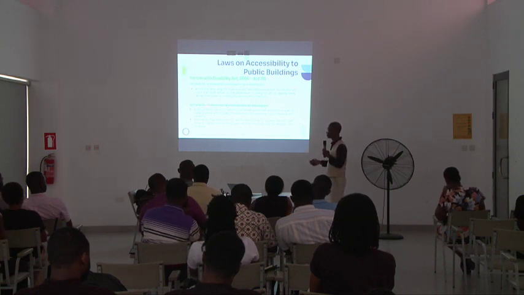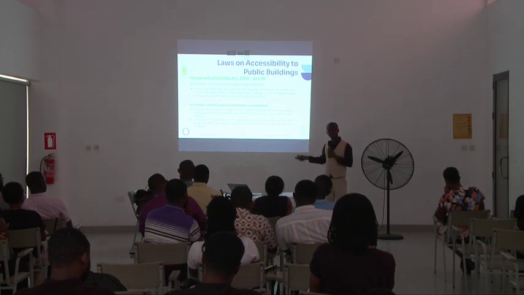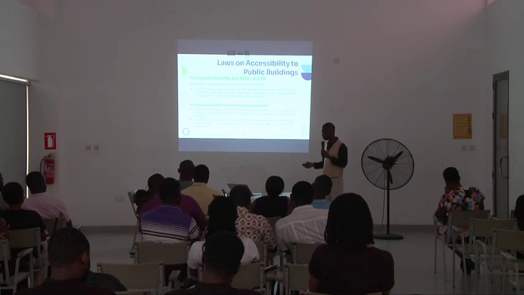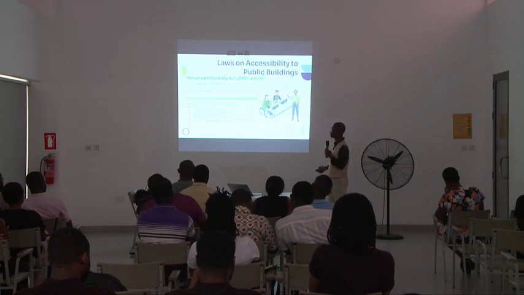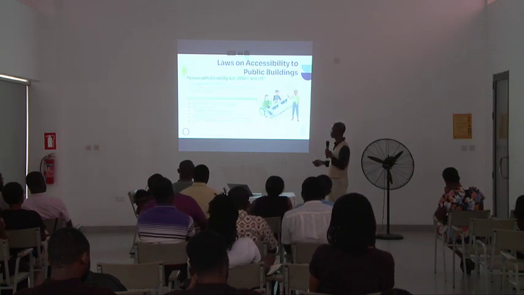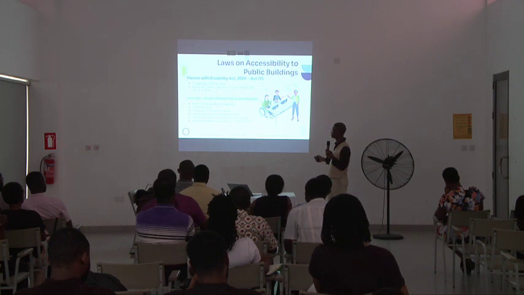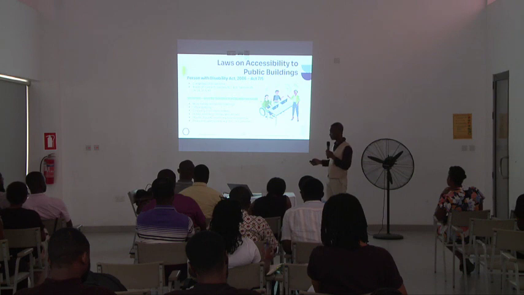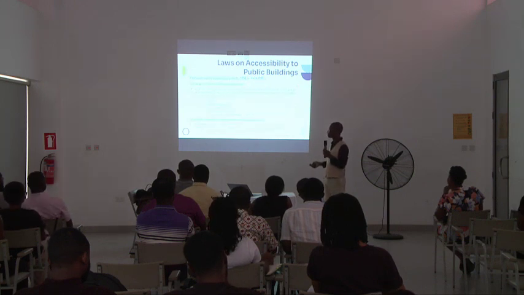You don't need to memorize the information in these sections, but know that those provisions exist. Sections 6, 7, 8, and then 25, 26, 30, you have to note them. As I said, the most important thing is the areas of concern in the Persons with Disability Act: 6, 7, 8, 25, 26, 28, 30, and 60. And if you go there, these are the contents of what is there.